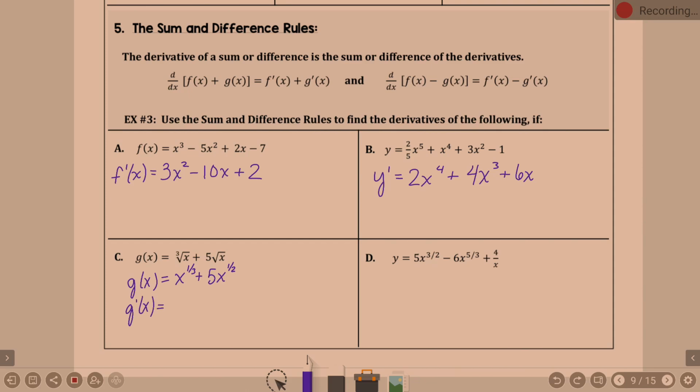Okay, derivative. 1/3 x to the negative 2/3, because 1/3 minus 1 is 1/3 minus 3/3, so negative 2/3. Okay, plus